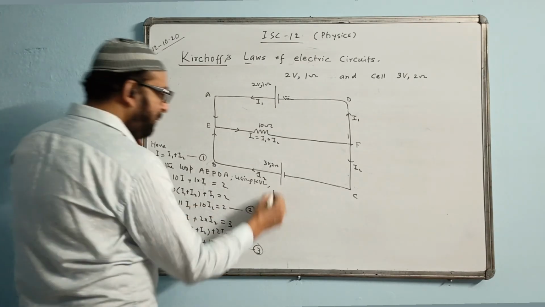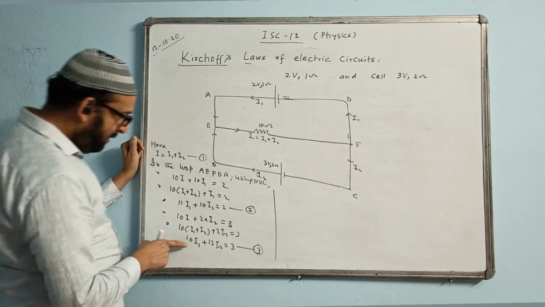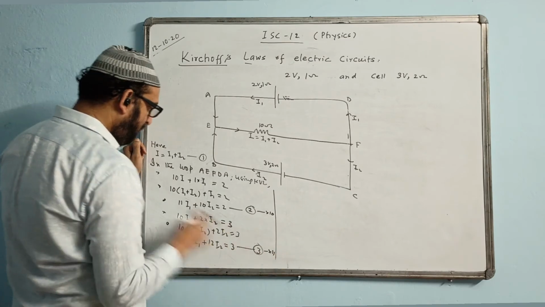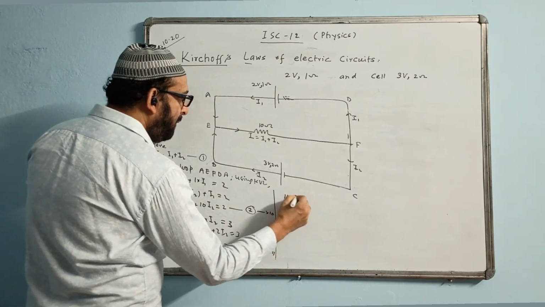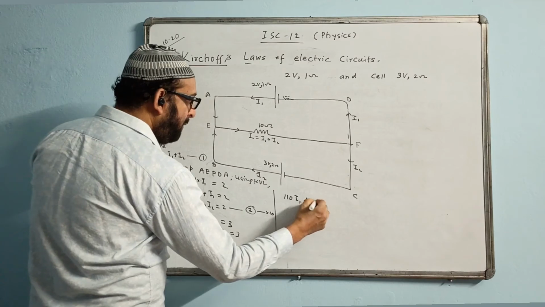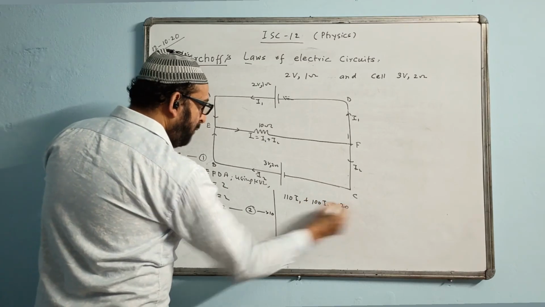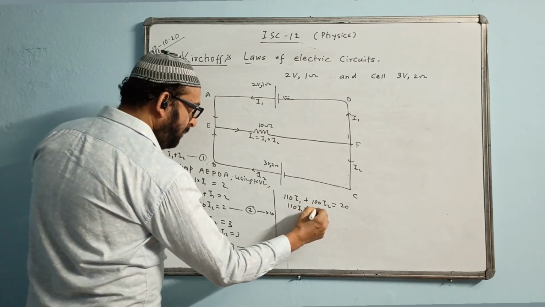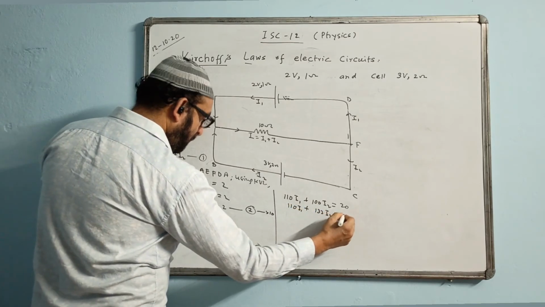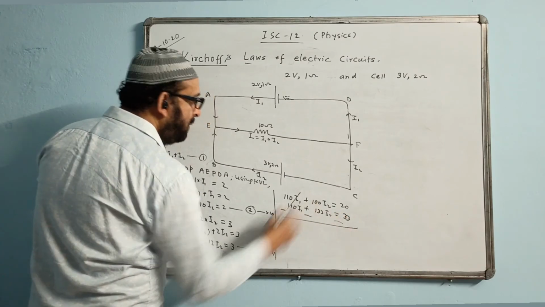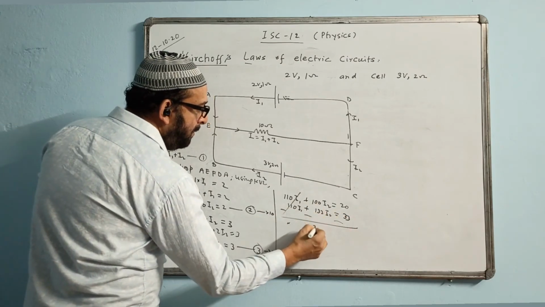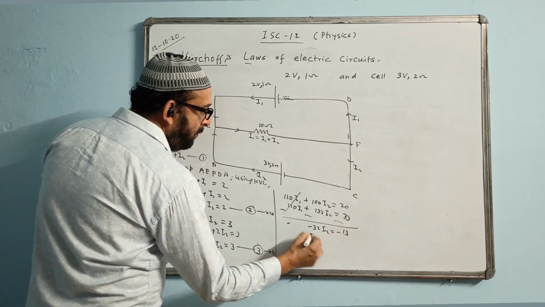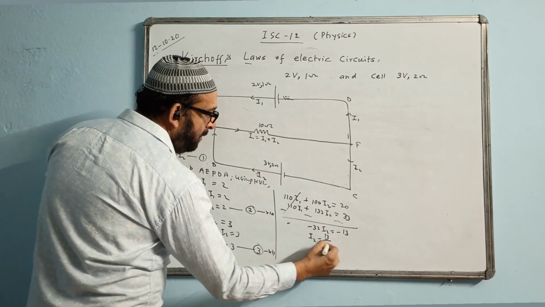Let us solve. This is 10 I1, this is 11 I1. Multiply equation 2 by 10 and equation 3 by 11, and then do it. 110 I1 plus 100 I2 is equal to 20. 110 I1 plus 132 I2 is equal to 33. Changing the sign, the I1 term will go. This is coming minus 32 I2, and here is coming minus 13. Therefore, I2 value is coming 13 by 32 ampere.